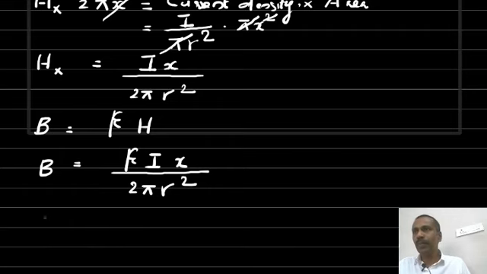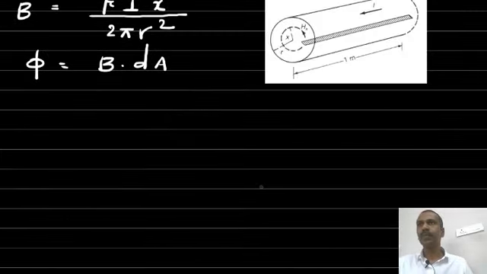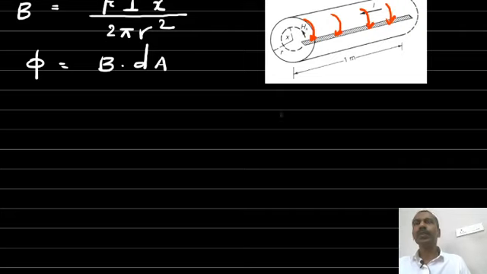Now we have to find out the flux. The flux phi is equal to B into the area we consider. Here this dA represents the small area through which the flux lines cross. Actually, the flux lines move in this direction. The flux lines within the conductor move like this. So these flux lines